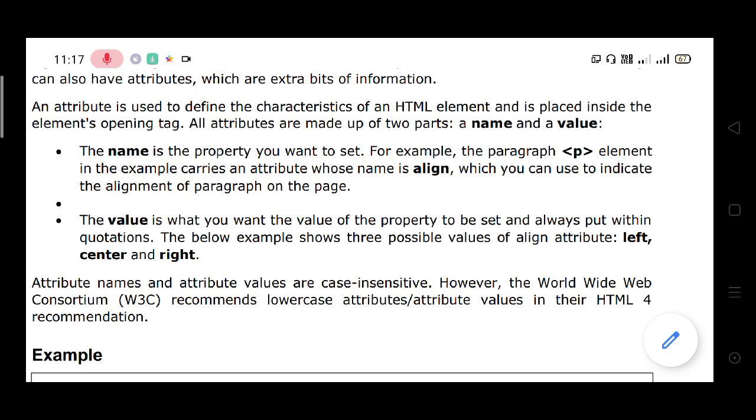The P element starts the paragraph, and the paragraph can start at left alignment, center alignment, or right alignment.